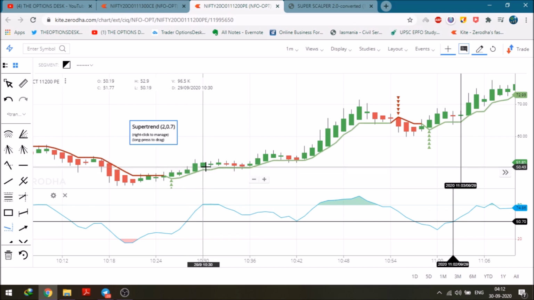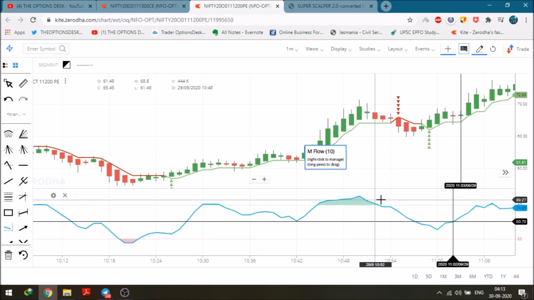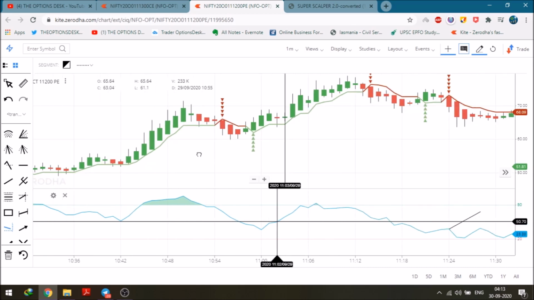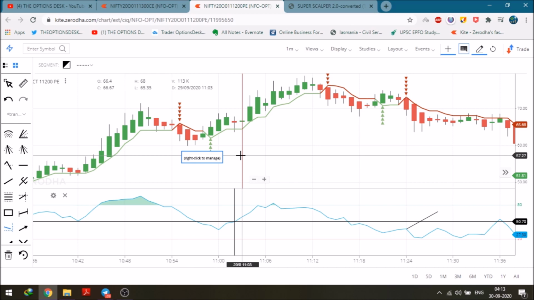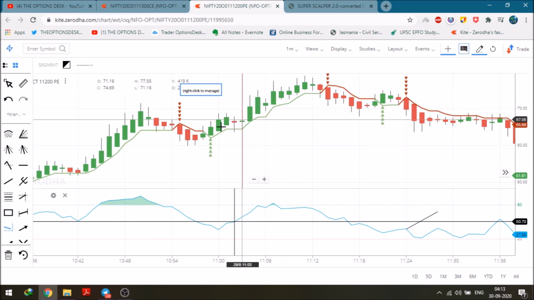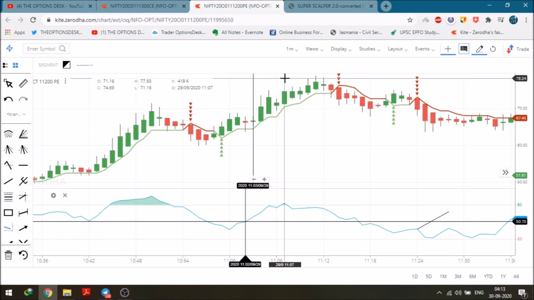When MFI hits the level of around 80 and crosses 83, I modify my stop loss to cost. So my risk is almost 0 now, and it went on to the upper end. The MFI can mostly go to the level of 90 and sometimes even 100, and it can keep on trading there too. As you can see, I took an entry at this particular candlestick. As soon as the MFI hit 80 at this candlestick, on the third candlestick I took an entry. Let me mark it. So it hit 80 here.